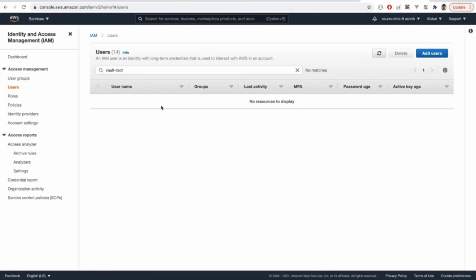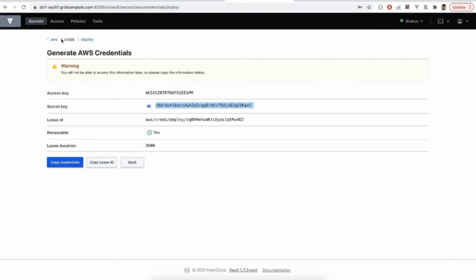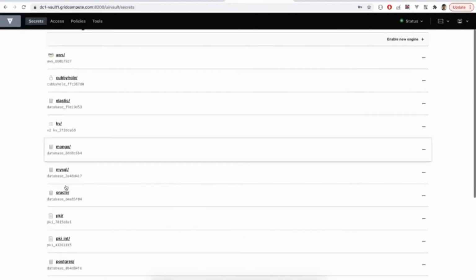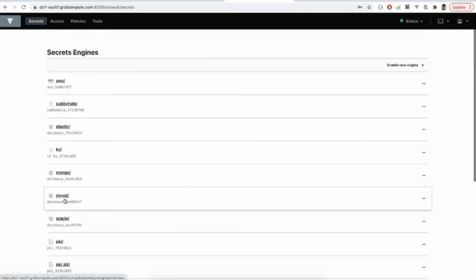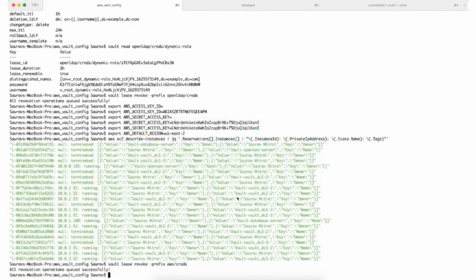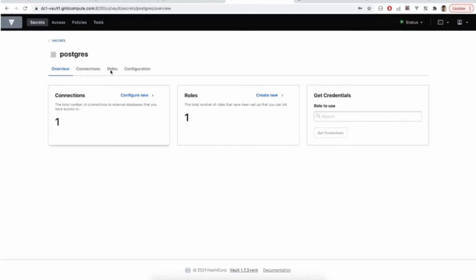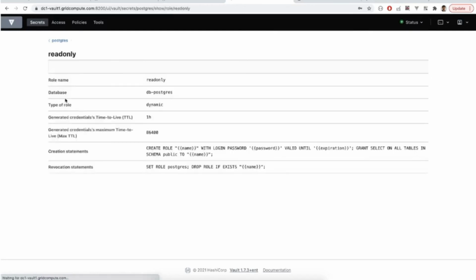Now let's check one more secret engine, which is a database secret engine, dynamic database secret engine, and for that let's use a Postgres. Now I have a database Postgres where we have a Postgres user and a table called customers, and let's give some self-service to the user so that users can generate their credentials on demand, log into the server, and then do their work. And we can generate very short-lived tokens also depending upon the use case.